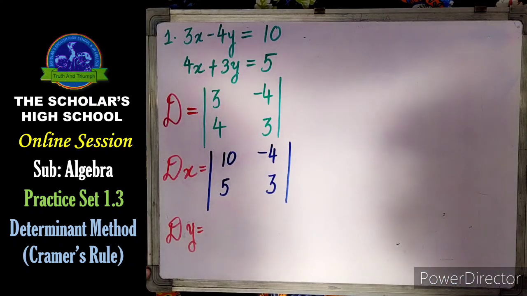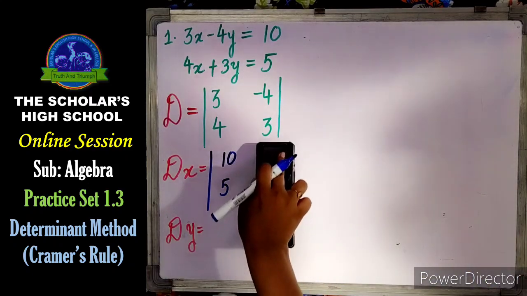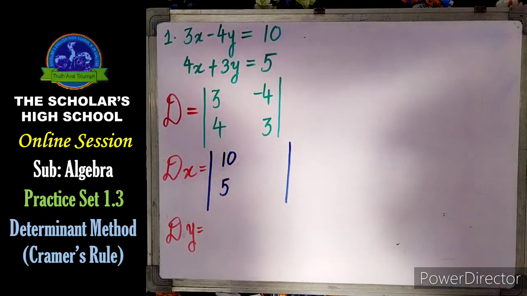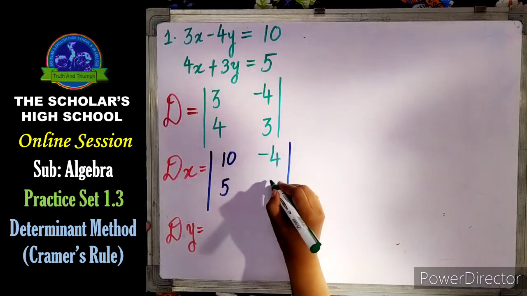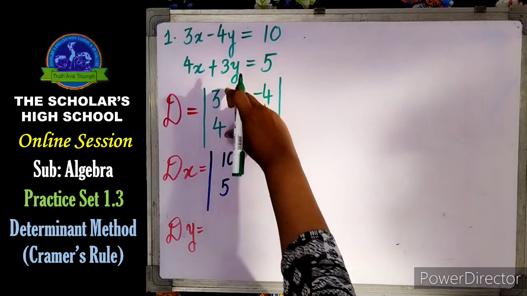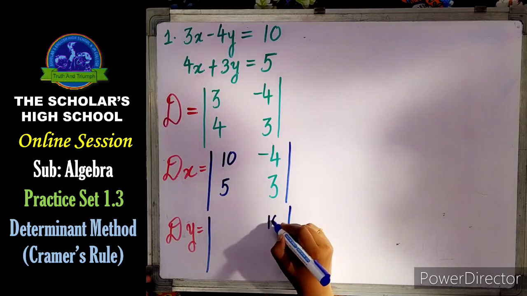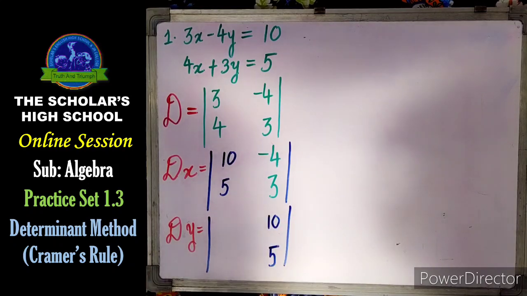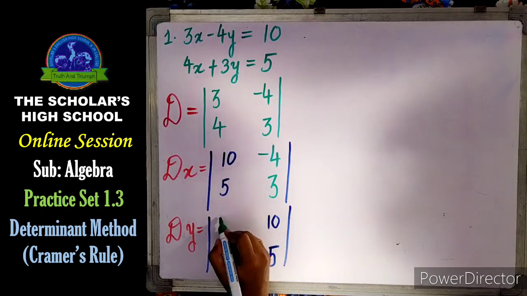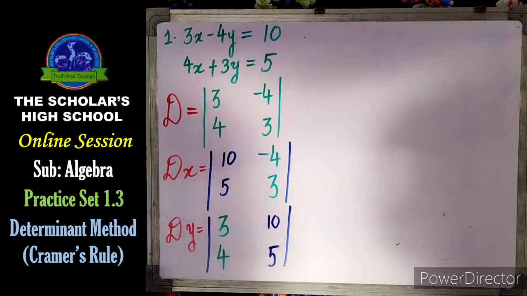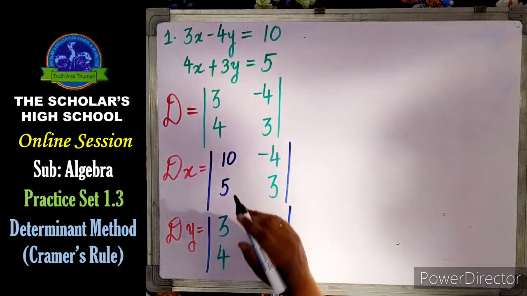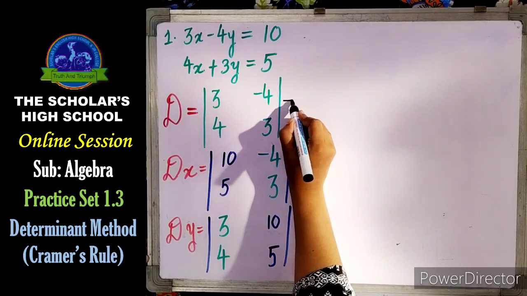Okay, let us keep the same color so you will understand it more. We'll keep it in a same form. So we have changed this. At the place of x, we are writing the value of c1, c2. Now determinant of y, at the place of y, it will be the value of c1, c2, and at the place of x, the value will remain same. So it will be 3, 4. So I hope how we have filled the value by comparing it with the basic determinant column. Let us find the value.